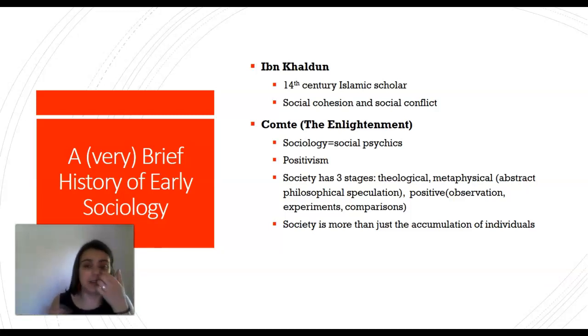But Galileo is a great figure in the Enlightenment because he epitomizes everything it stood for, which is research, science, and also social critique. He was taking on a big institution that previously ruled everyone's lives. So Comte is also a part of this Enlightenment period, but rather than talking about science, he's thinking about the social world. He's French, and he coins the term sociology, in French sociologie, which roughly translates for him into